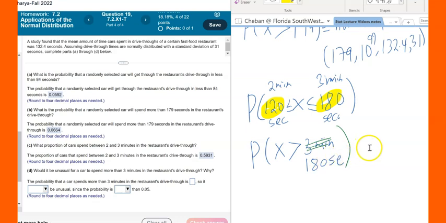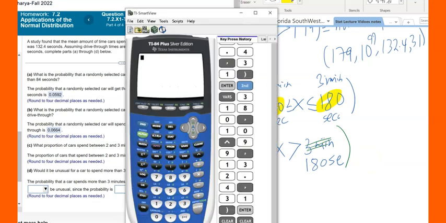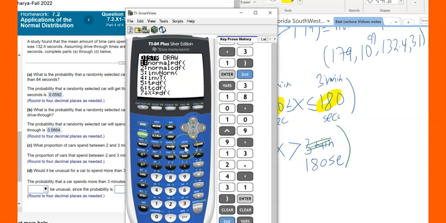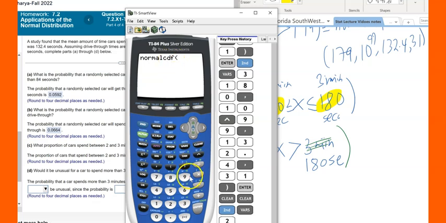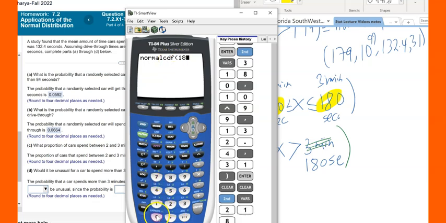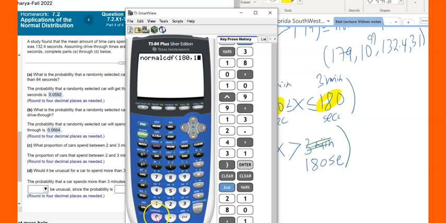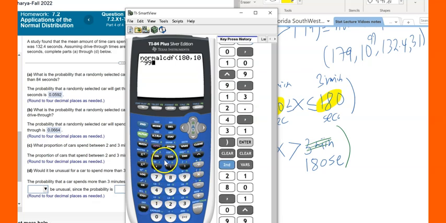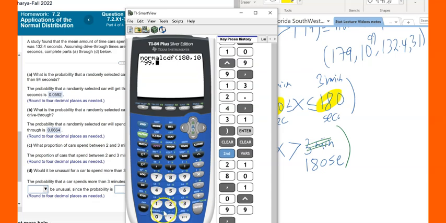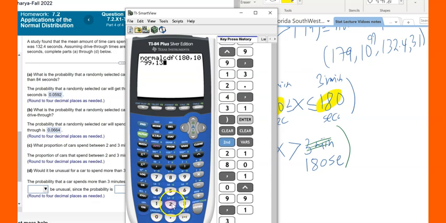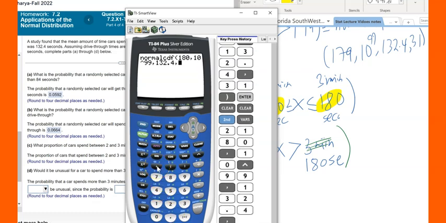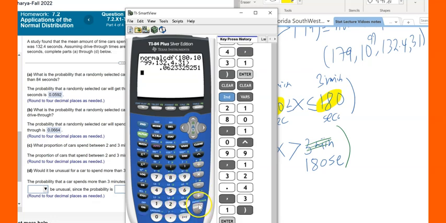And the upper bound is 10 to the power 99. We don't have that, therefore we put 10 to the power 99. Mean and standard deviation are given. Let's put it in the calculator. Normal CDF, 180 is the lower bound, upper bound 10^99, comma, mean is 132.4, comma, standard deviation is 31. Okay, and I get